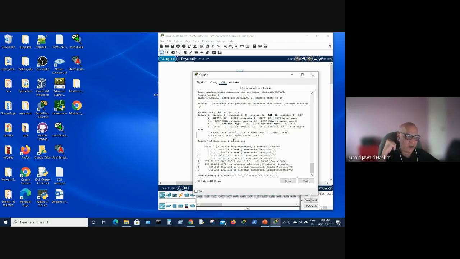So the internet router, the ISP router, whenever it receives a private IP address, it discards it. That's why we need network address translation, and for that reason we need at least one public IP address. In this case, this public IP address is provided to you by the ISP. So 209 is a public IP address. So we